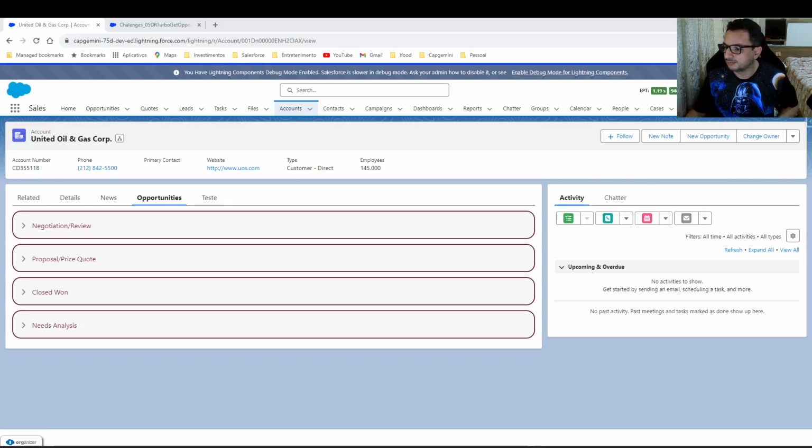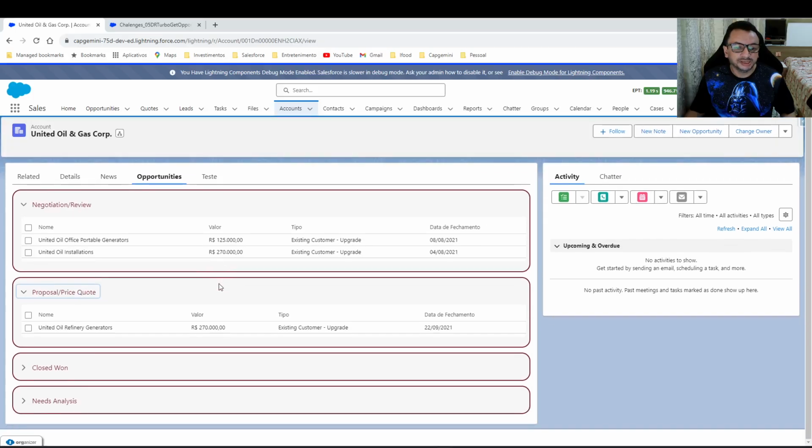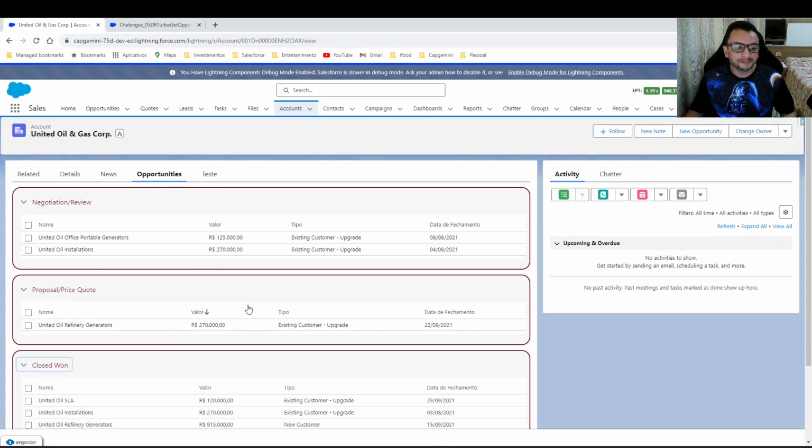Okay, so let's go. The idea of the project is to explain how to implement this object, the flex card. What I can see is all opportunities